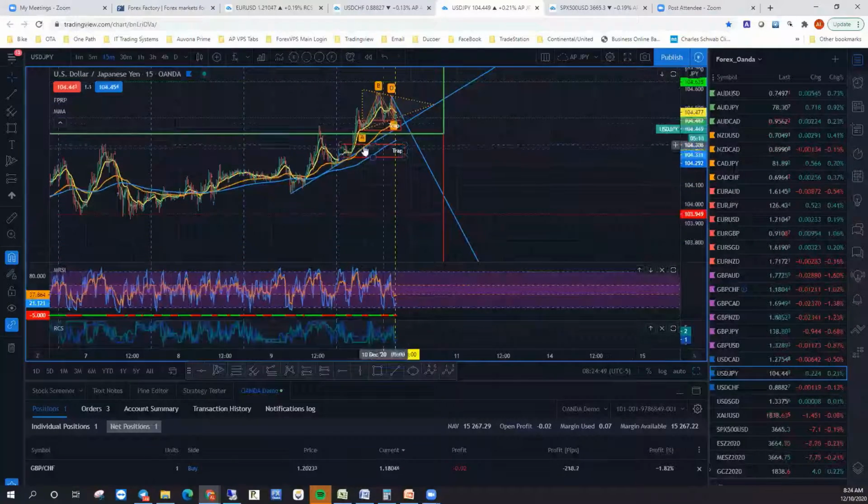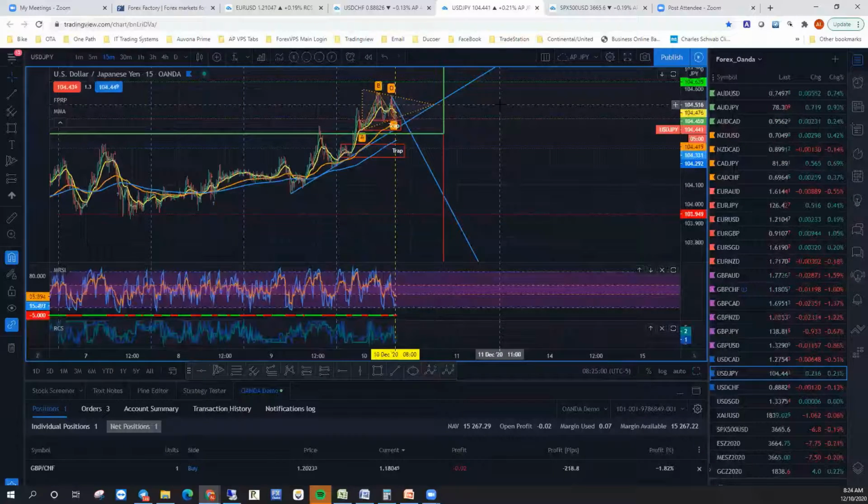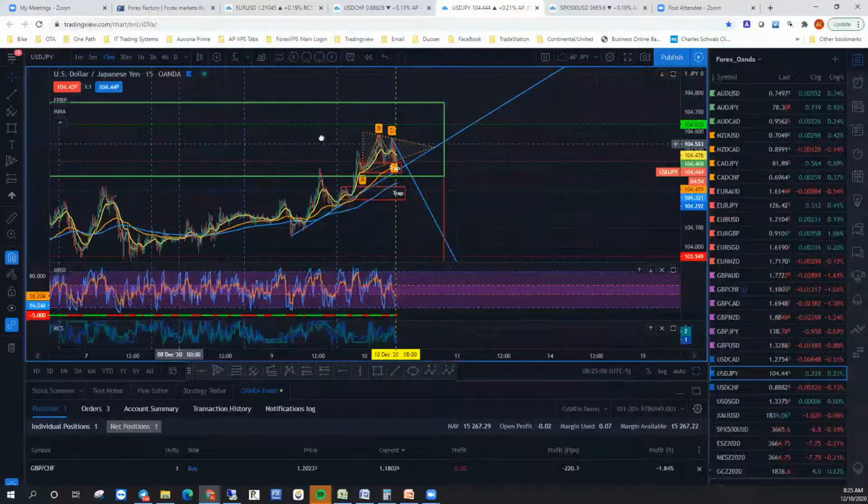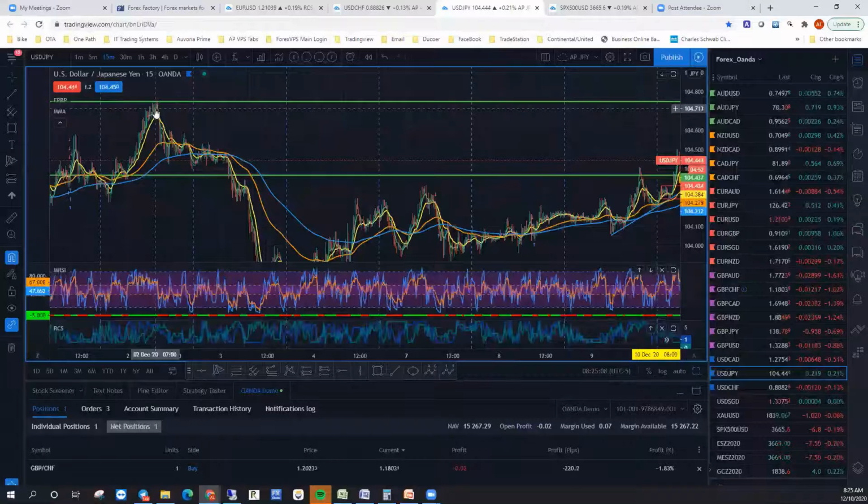And that's why I'm a little bit respectful of this area right in here. As it came up, broke through, started making new highs for the month. As the lows came in, now the question is, how high will it go? I think it's probably going to at least retest this area up here, which was the same area as over here at the beginning of the month when the high came low.